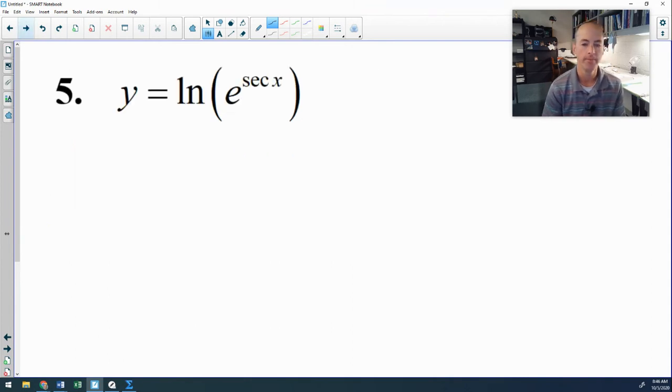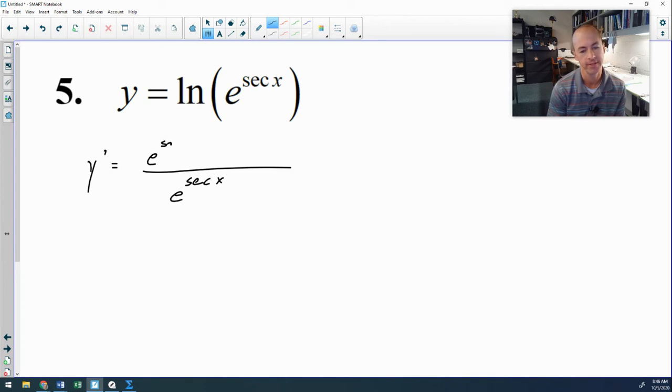So let's do a couple more. The natural log of e to the secant x. Well, if we dive straight into the calculus, you would think, okay, I'm going to put e to the secant x on bottom, because you should. And then the derivative of that would go in the top, and the derivative of e to the stuff is e to the stuff, it's a chain rule, e to the secant x, times the derivative of the exponent, which will be secant x tangent x. And you notice that the e to the secant x's will cancel, leaving you with only the derivative of